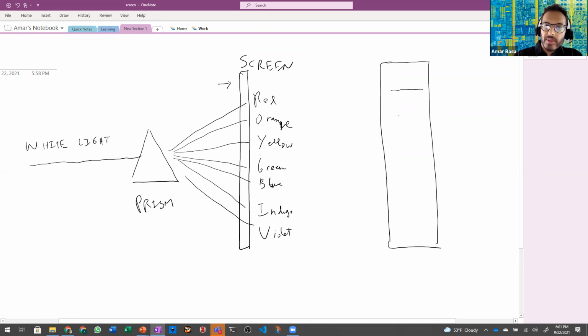Then they were getting some lines in the yellow portion of the spectrum. They got a line maybe in this portion of the spectrum. Okay. Instead of seeing the entire spectrum, ROYGBIV, like the entire rainbow, they would only see lines on the spectrum screen. Okay, so they started scratching their heads, like, why,